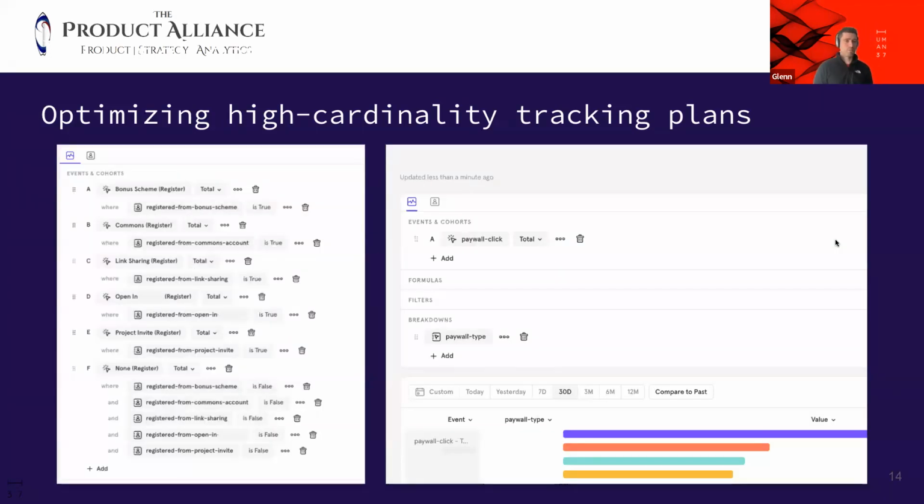Now, what's the result of this? You move from a very complex query, which you have on the left-hand side, to a very simple query on the right-hand side, right? Even though product analytics tools in general allow you to have a visual builder to make very complex queries, they're always linked to the data structure underneath. So the simpler the data structure, or the more time you take to figure out the strategic questions you want to answer and how to simplify your tracking plan by reducing the number of unique events and providing context, the more the product analytics tools can do their work and use the power of the interface to surface insights more easily.